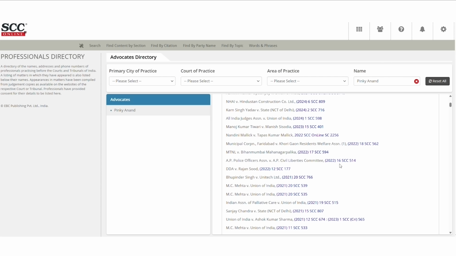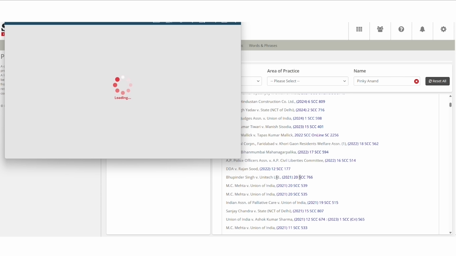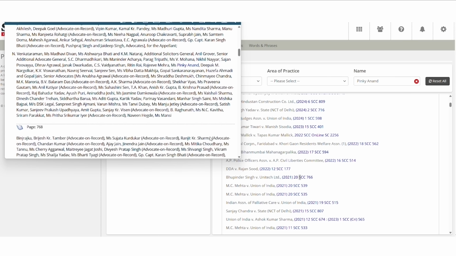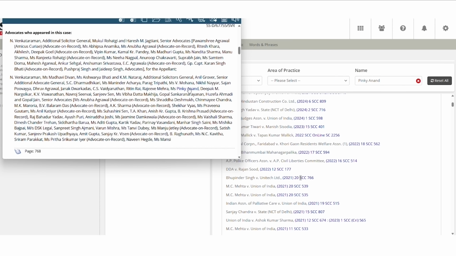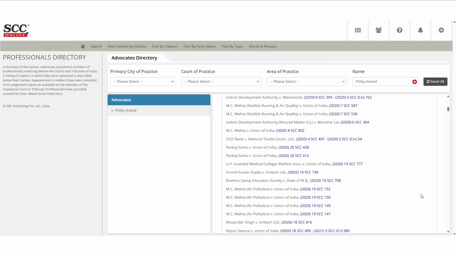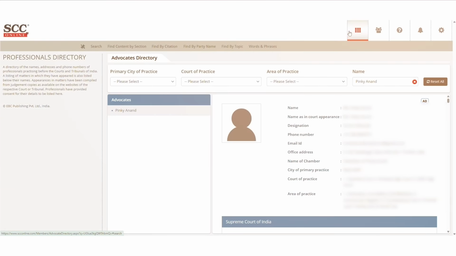Let's take this one judgment and click on the citation. A new window displaying the full judgment opens up. In this judgment, just below the headnote, you will find the names of the advocates who appeared in this particular case, including your own name. Once your registration is complete, your name will appear here as a clickable hyperlink. When you click on your name in the judgment, your profile opens in a new window, showing all the details you have consented to share, along with a list of cases where you have appeared in.